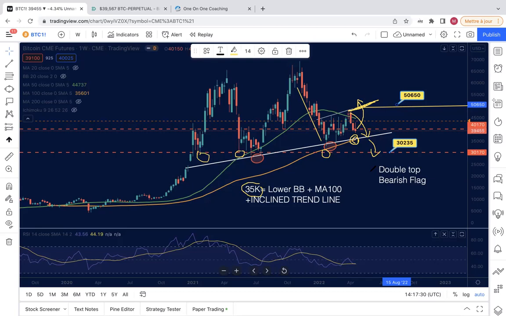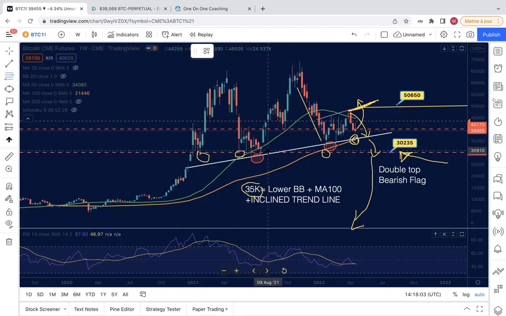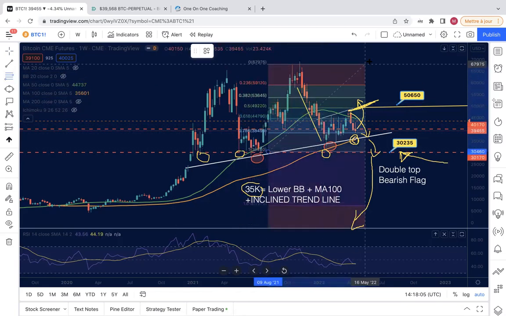So the problem here, if it does not hold, what would be next? You can see there is nothing. There is nothing, guys. If this zone here does not hold, it's a huge drop. It's a sell-off. It will be bleeding till between 5,000 and $9,000. Why? Because if you set the Fibonacci here from the last run up, from that point to the upside here,